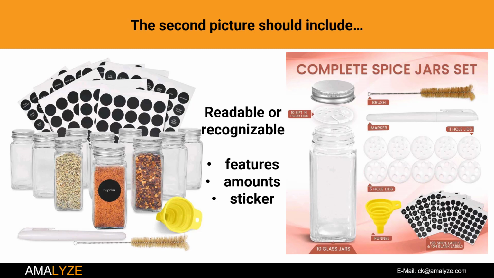If we are looking on the left, the stickers are big enough to understand that they are stickers, but they look like printed ones, and a lot of them are not, but I don't know what's on them. On the right side, you are seeing 69 spice labels, 104 of them are blank, but you're not able to read it, especially on mobile, yes? Hopefully you understand that. So from that situation, you need to make sure that your second picture is not overfilled